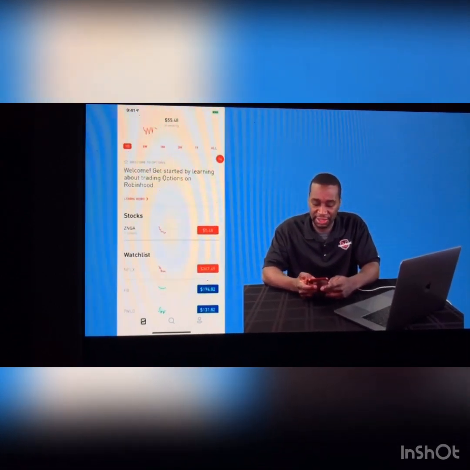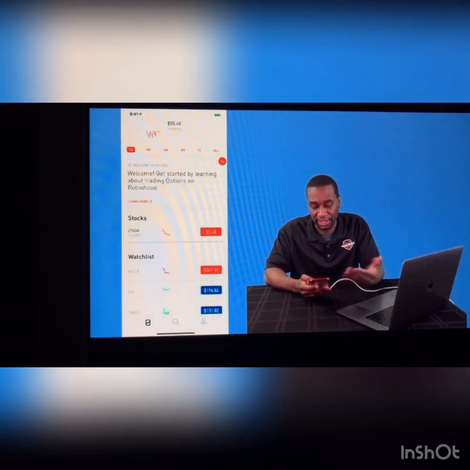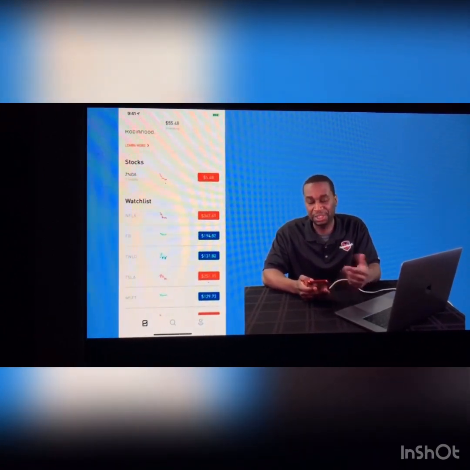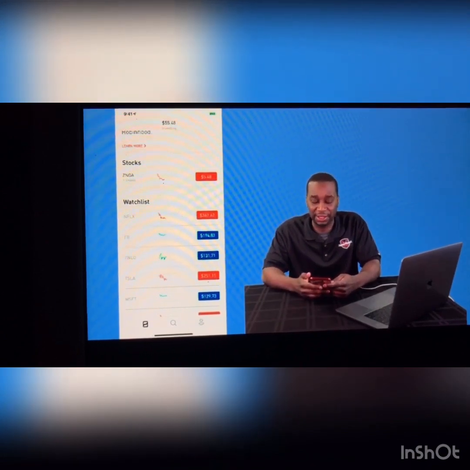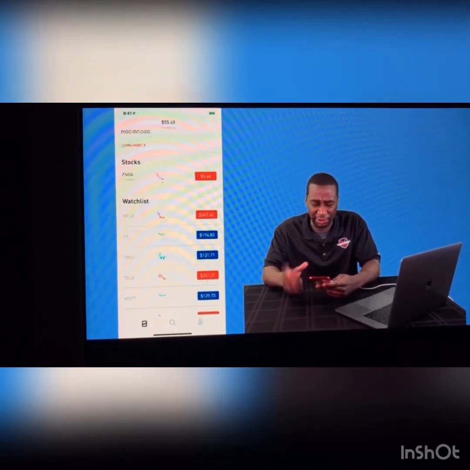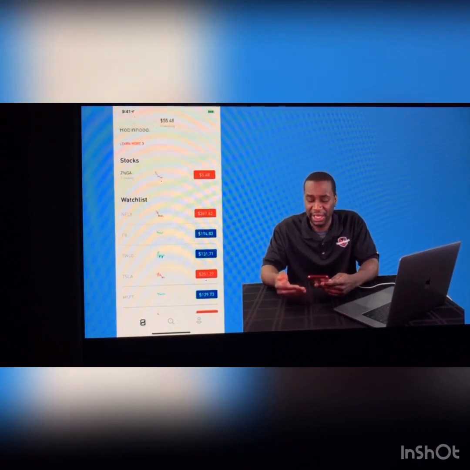If you scroll down, you'll see stocks. Those are the stocks that you own. And right now, that's just the one share that they gave me. Just below that, you'll see the watch list. So a watch list is just stocks that you're paying attention to. You can see a graph of what the stock's doing for the day, and then you can see the current